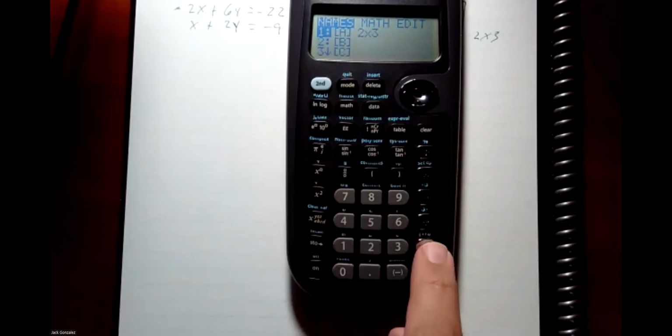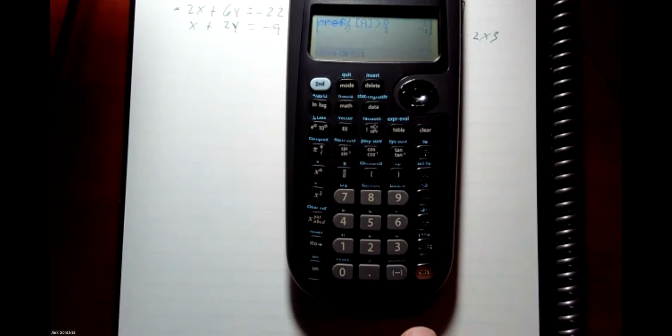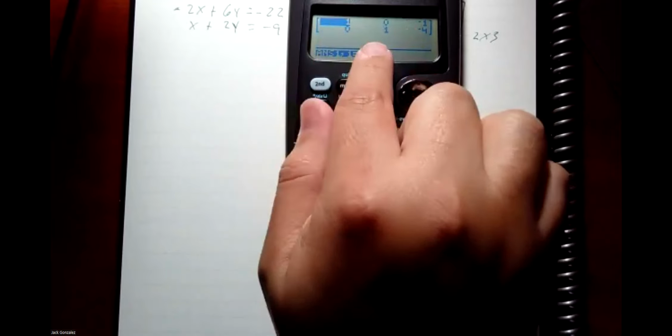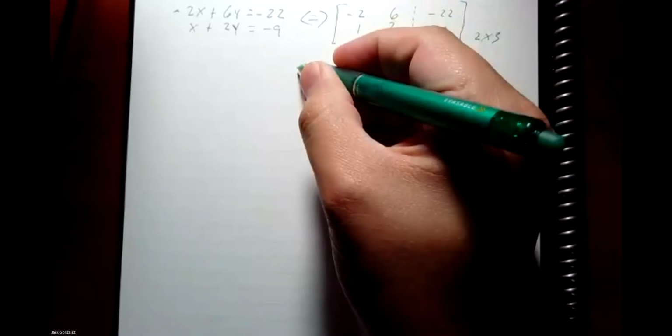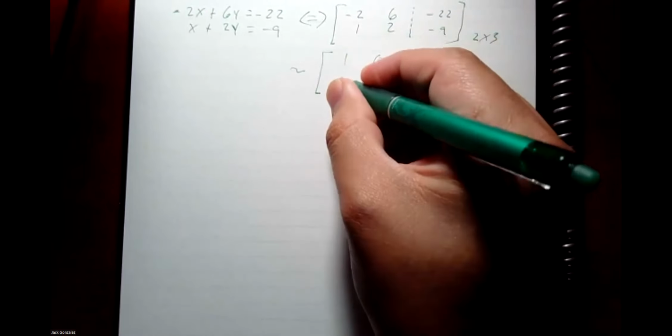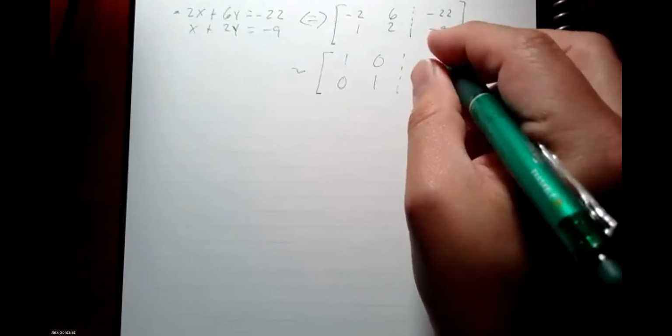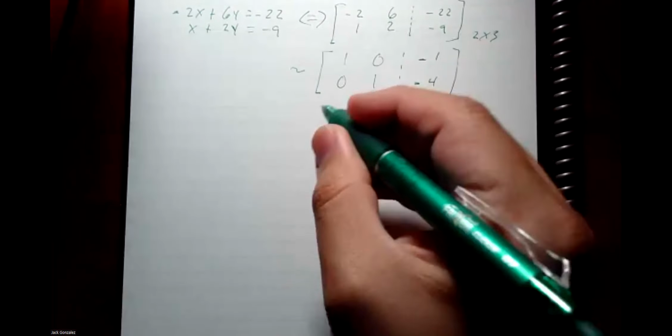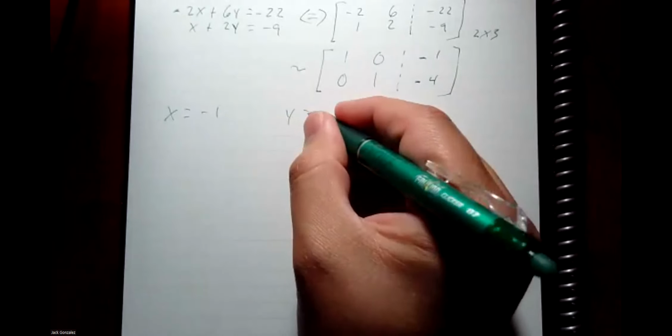All right, go back in there and solve it. So you got 1, 0, -1, 0, 1. So this matrix is equivalent to, not equal to, equivalent, 1, 0, 0, -1, and so this means that x is -1, y is